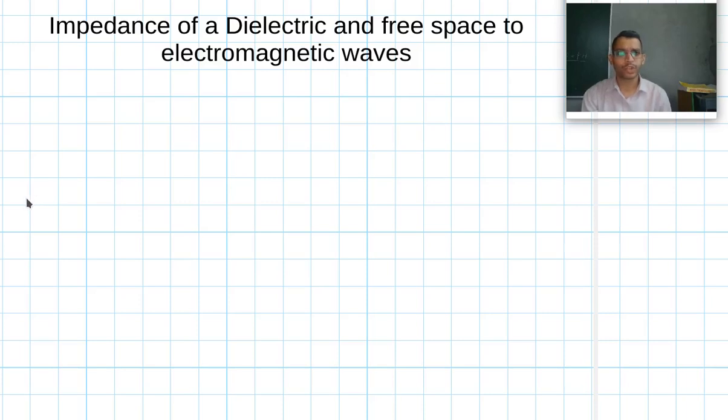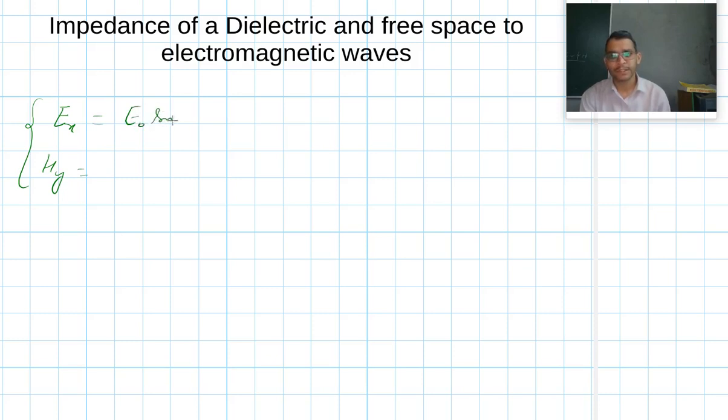So today I'm going to talk about the impedance of a dielectric and free space to the electromagnetic waves. So for this, let us recall Ex and Hy, and we have defined their waveform during the definition of Poynting vector or the pictorial representation of